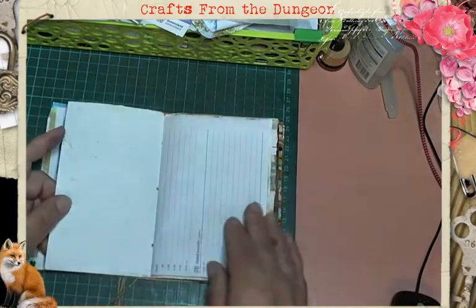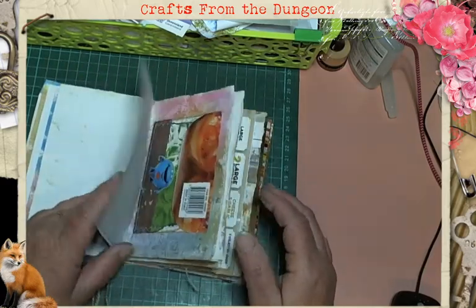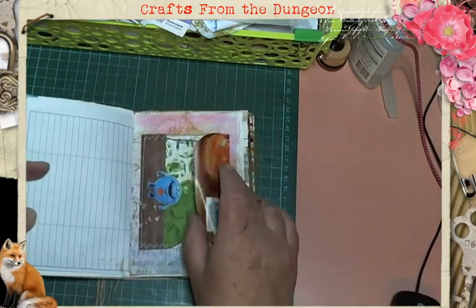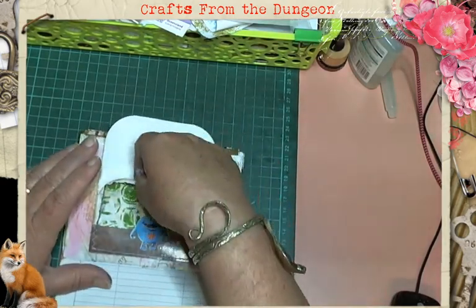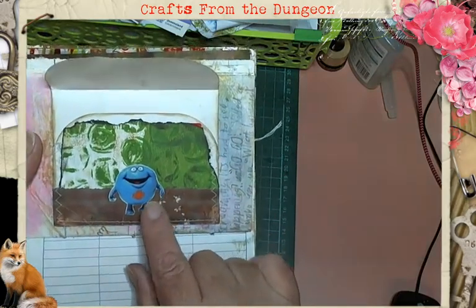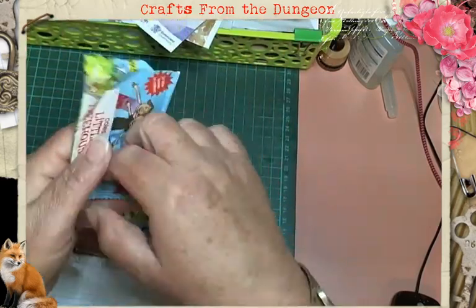Some more of my jelly printing. This is from an old diary. I was trying to figure out what year it was from. I think it was 2011 actually, so it's an old school diary. We've got a little pocket here that is made out of some jelly prints, and I just stuck a little feel good probiotic critter on there. Oh, there's the other treehouse one here. So they're really nice little packets